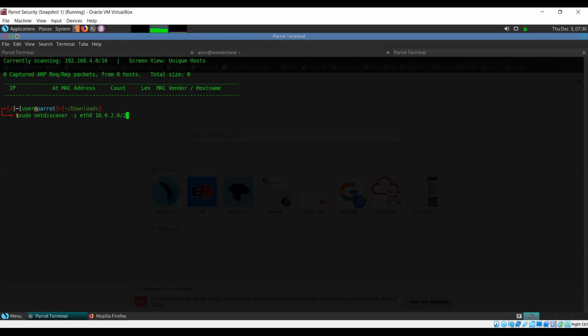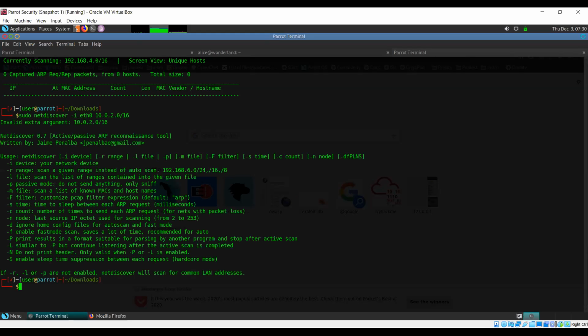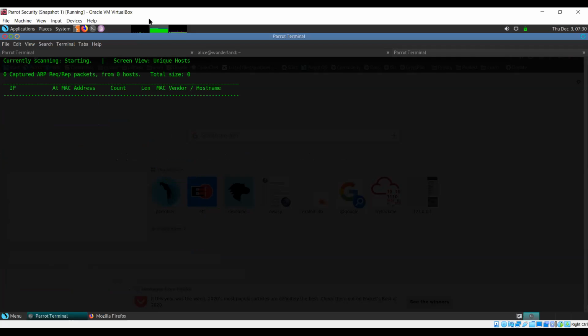Now you can give it /24, but /24 gives an error in this tool, so this should be /16. Okay, yeah. I need to give it the -r flag to specify that I am telling it to use a particular range. So now it's going to try and figure out all the IP addresses that are active in our given range.